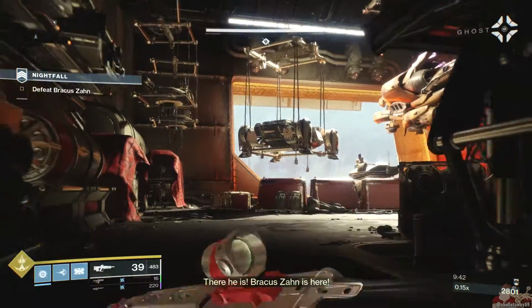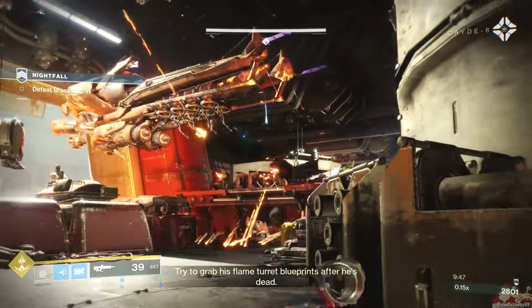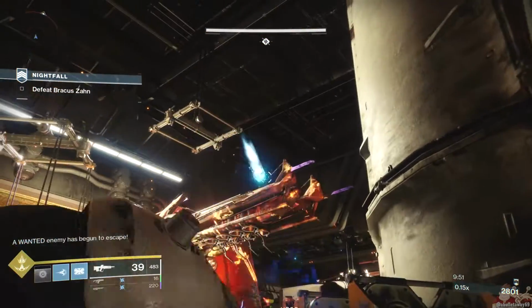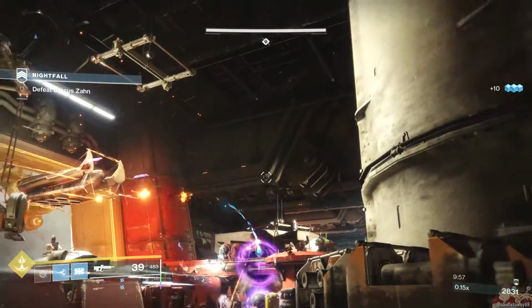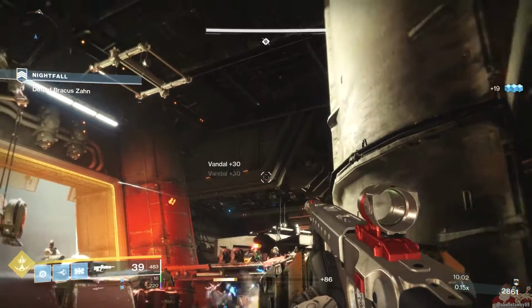This is the Fallen version of this room. Again, a little bit more of a pain in the ass. When the boss is up sitting on that ship to the left, this is the easy version of this room. The Fallen version, pain in the butt. But just throw some grenades, work from safety,